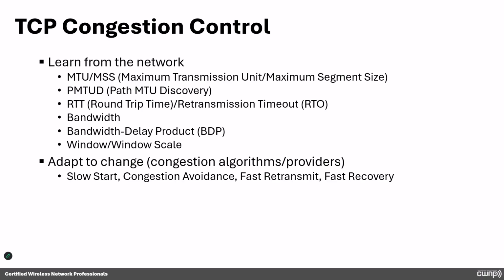So the starting point is 1 segment size. And then we end up adding exponentially. So we go from 1 to 2, 2 to 4, 4 to 8, 8 to 16, etc. So that's slow start. Slow start doesn't mean grow slow. It means literally start slow and grow that. And then congestion avoidance is about the fact that if we detect what we assume is congestion, then we have